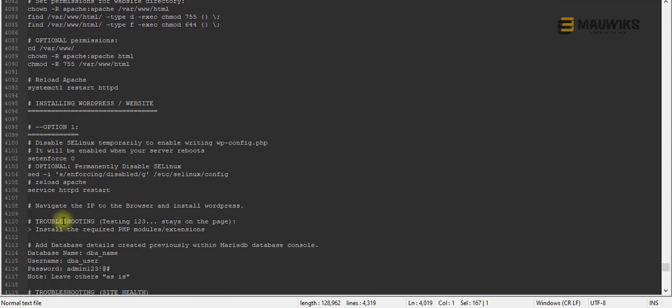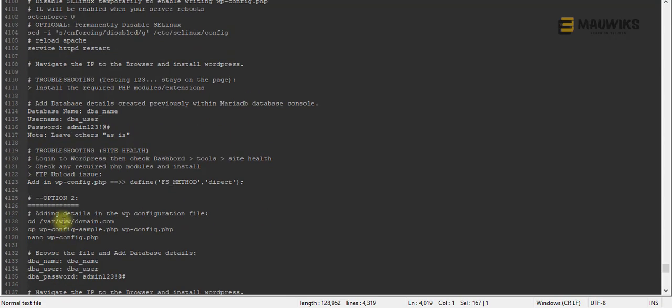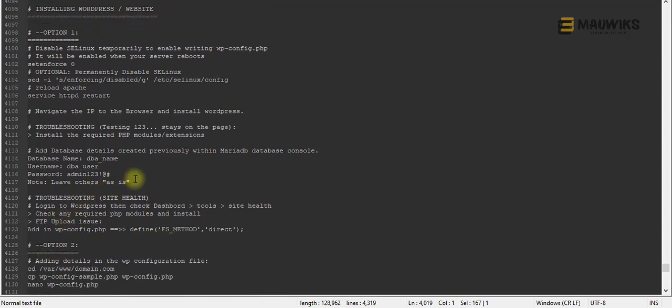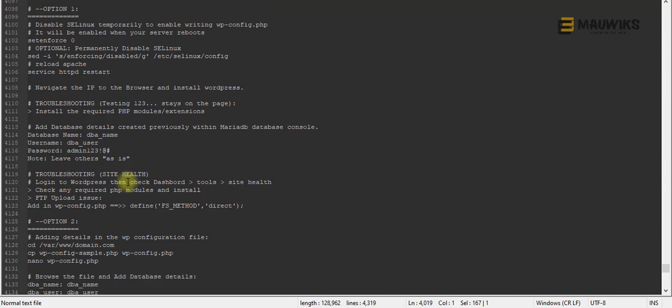Okay, so then let's go back here. We're done with that. And just in case as well, if you can't really write within your wp-config file, when you are redirected to an error page saying that WordPress cannot write to your wp-config file,